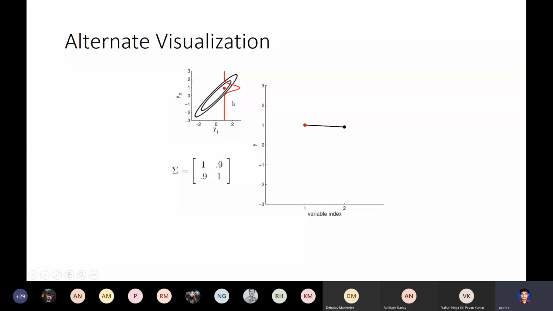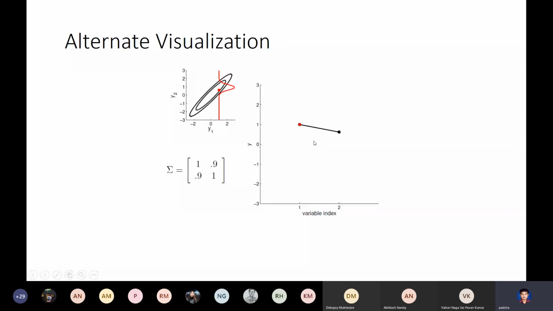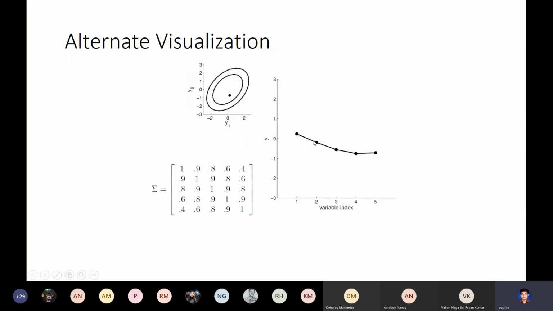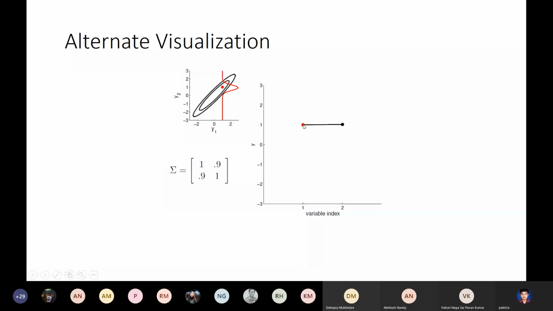Earlier we have worked out that if the entire thing is a bivariate Gaussian, and if y1 is fixed, then the conditional y2 given y1 equal to 1 will vary like a Gaussian with this mean and this much variance. So that's what we visualize here. We fix one of the variables, say y1, and move around the samples. We'll see that this bar will move like this, with one end fixed. Is it clear?